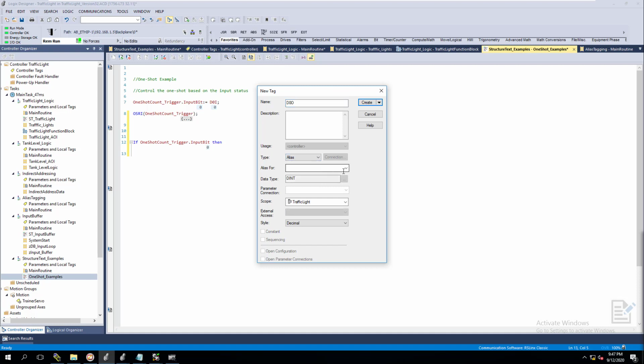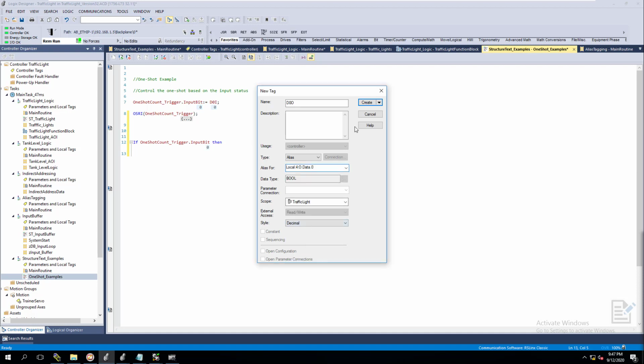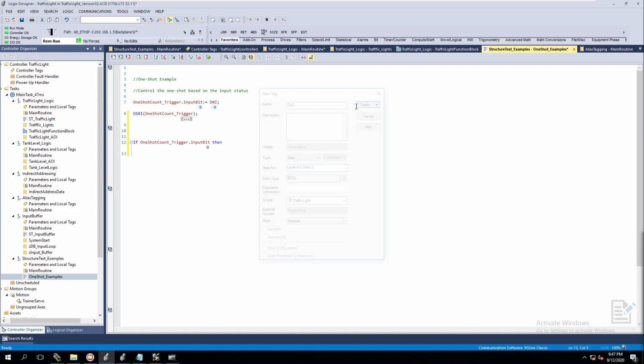We're going to alias this bit over here to the actual output. So this is going to be the first output in our bits. Okay, so this is going to come in here like this. And even though I'm using it in several different spots in the program, I have it aliased, so it should be perfectly fine to use it. So I'm going to say that this bit is going to be a 1, close that. Else, then this bit, the DO,